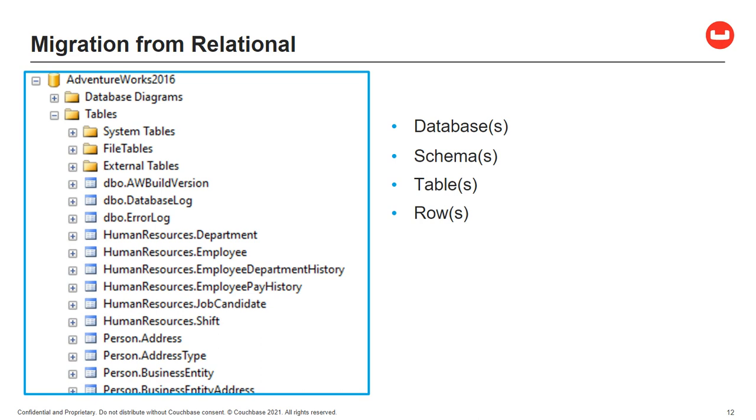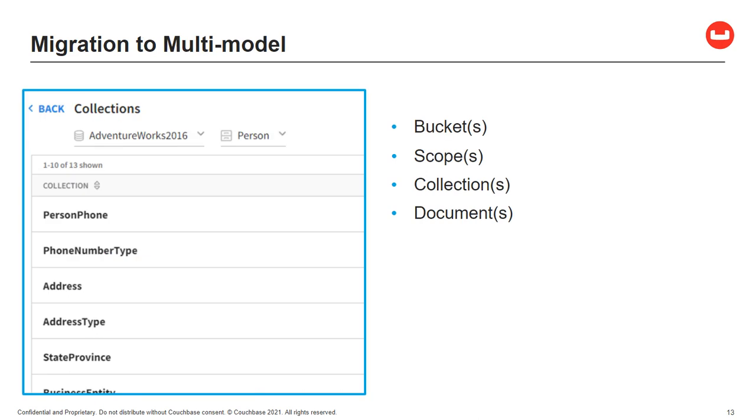Now, I mentioned that Couchbase has a relational style modeling available to it, and it fits very nicely with those things I just laid out. So instead of a database or a catalog, we have something called a bucket. Instead of a schema, a bucket can contain multiple scopes. And inside of a scope, instead of a table, a scope can contain multiple collections. And inside of a collection, instead of rows, it can contain multiple JSON documents. Now, there's not just name differences here. There are some functionality differences, of course.